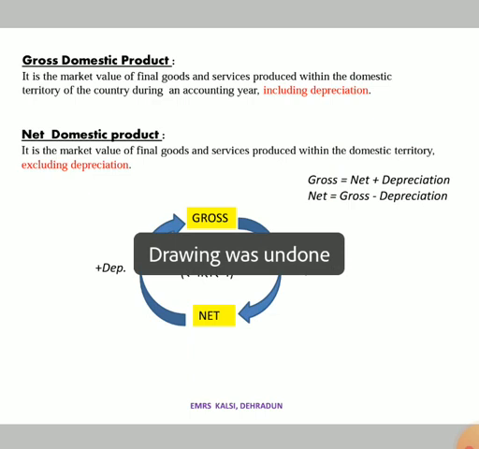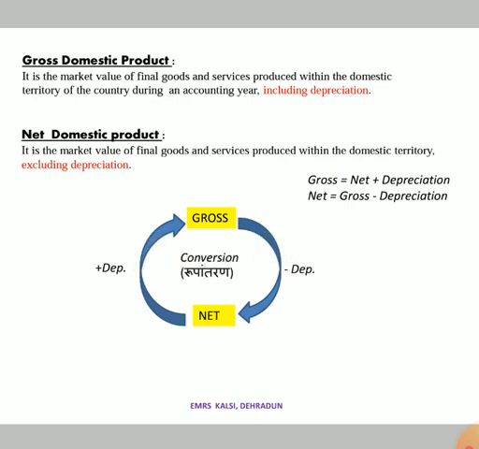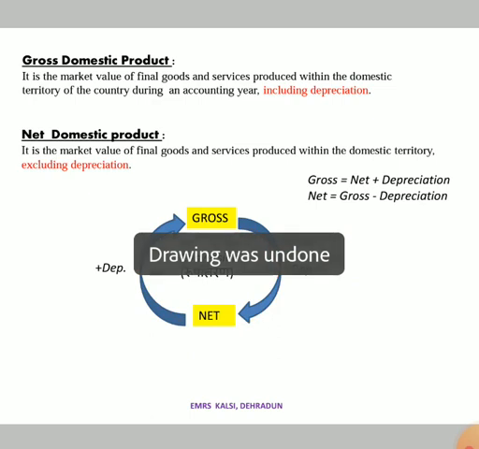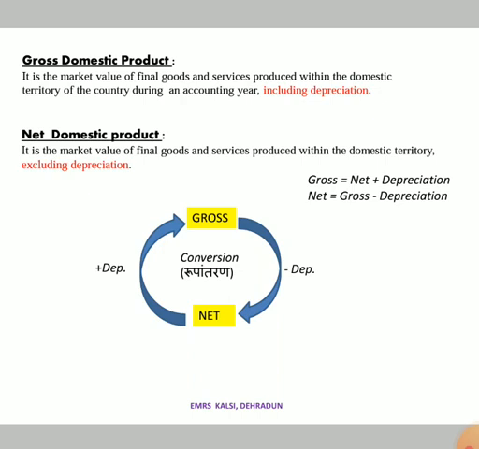Now there's one thing here, gross and net. If we have to convert gross into net, what we have to do, we have to minus the depreciation. And if we have to convert net value into gross value, then we have to add the depreciation, okay. So remember these are the basic formulas, this gross and net, domestic and national, factor cost and market price. These are the basic conversions which we have to learn. Like in junior classes, we learn to convert meter into kilometer, and kg into gram. In the same way these conversions work, okay.